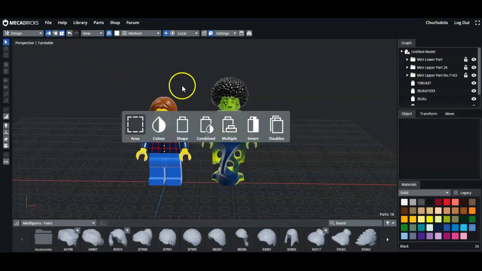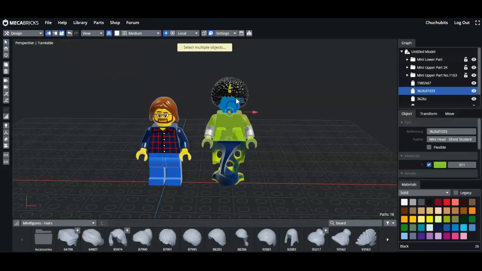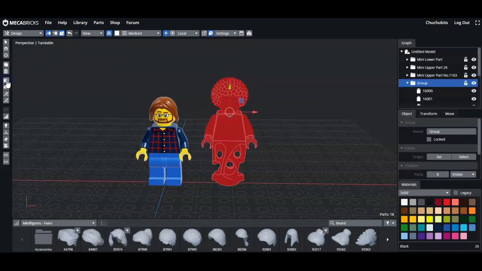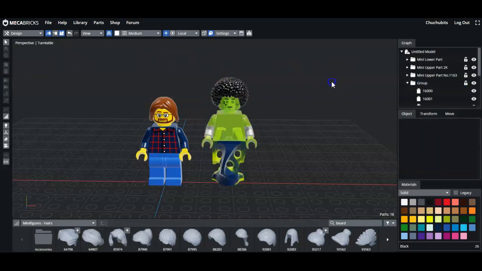Well, what I'm going to do is I'm going to select multiple. Then I select everything I want in the group. And then I come over here to this handy tool. It's called the group tool. Now,